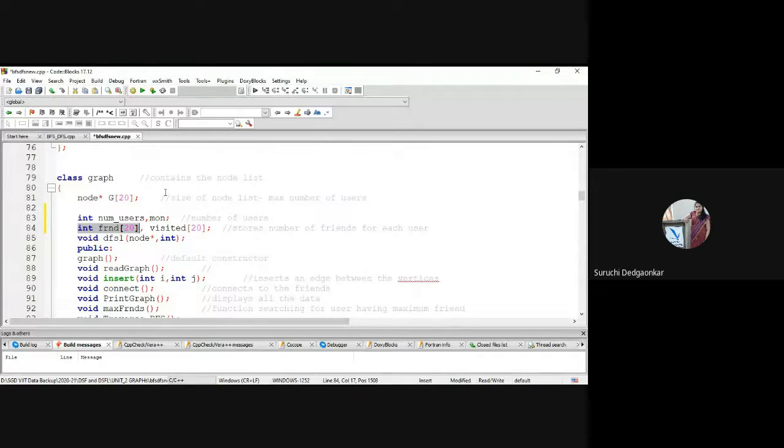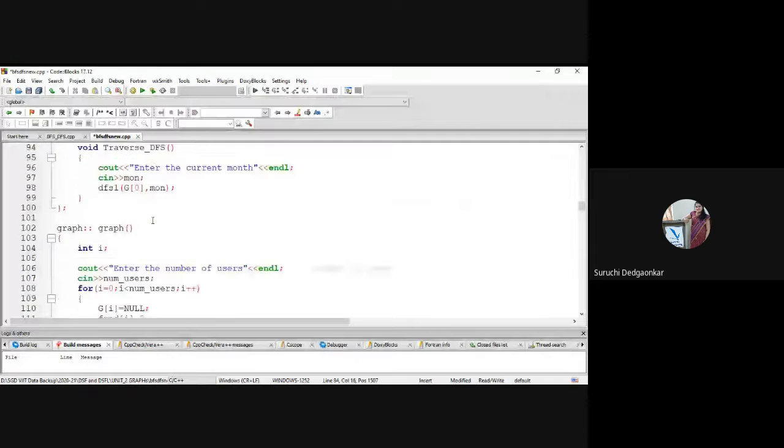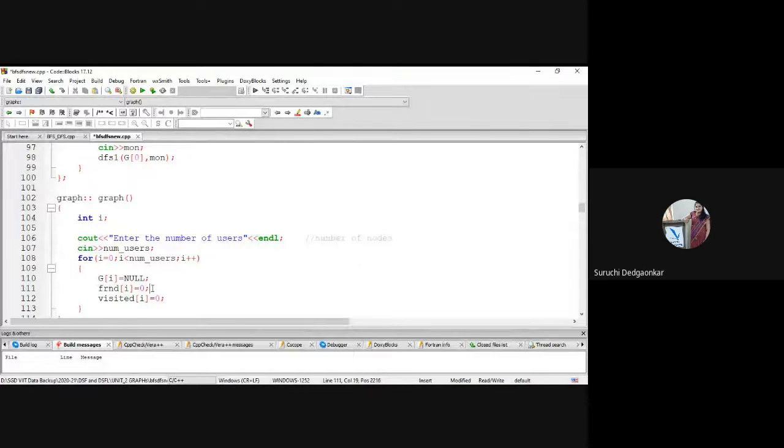So if there are 5 friends for node 0, then friend of 0 will be equal to 5, like that. Initially, friend for every node is 0. That's why it is 0 initially. And this visited array is not required here. It will be required in our BFS and DFS. We have seen that it is required in BFS DFS. No need to declare it here at this moment.